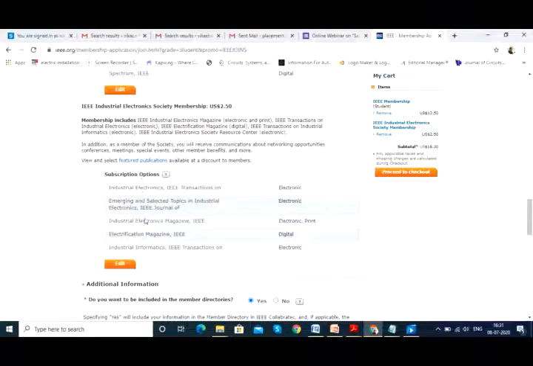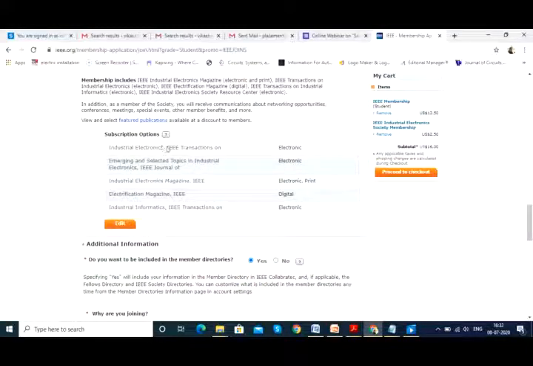You can see here, these are the different magazines and journals that are available. That is IEEE Transactions on Industrial Electronics, IEEE Journal of Emerging and Selected Topics in Industrial Electronics. Electronic means it will be in soft form, and print means you will be receiving a printed version